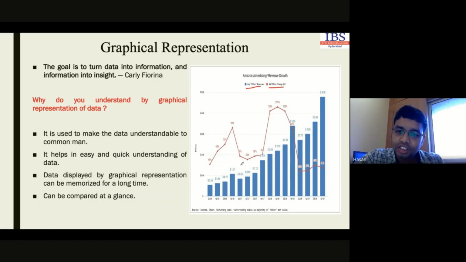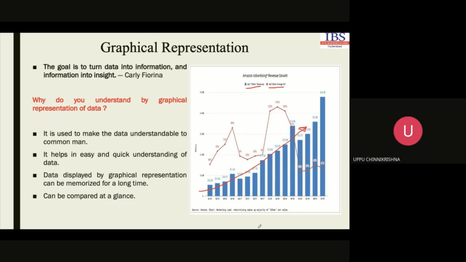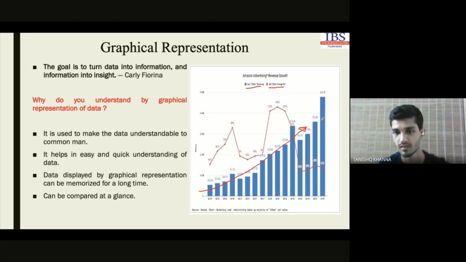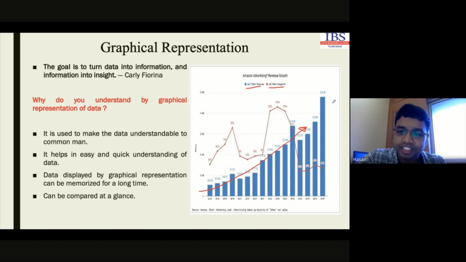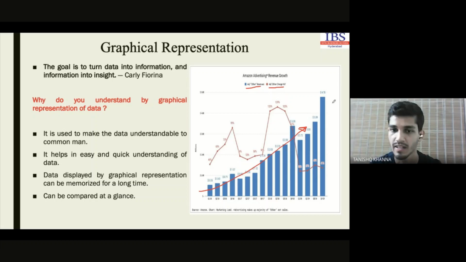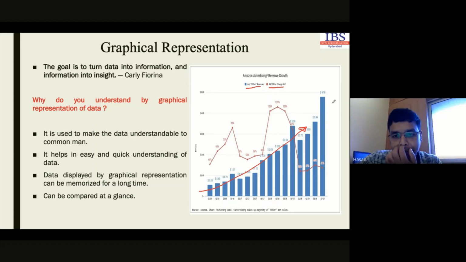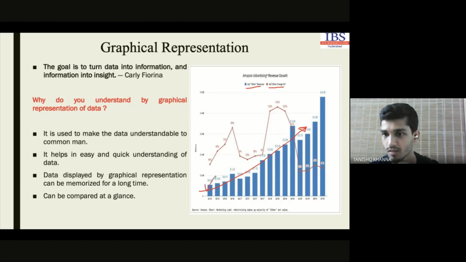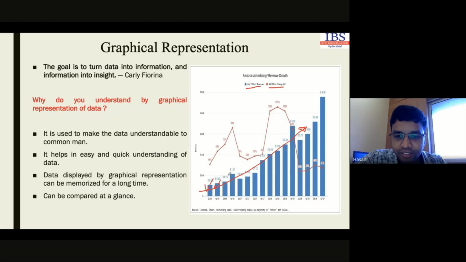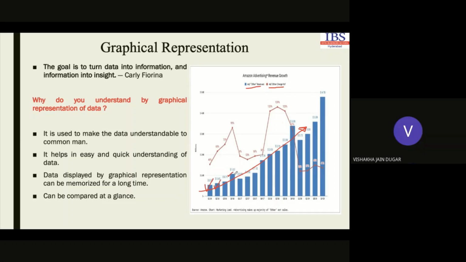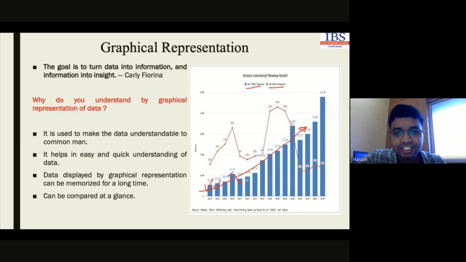So from this graph, we can easily understand that the advertising growth is in an increasing trend, right? Yes, in different quarters, if you observe, it will be in an increasing trend, whatever the value is. So forget about the value. We can easily observe this one and easily compare also. How do we compare? By seeing the growth. From this point it is growing, but from this point it is decreasing. So you can easily compare this one.